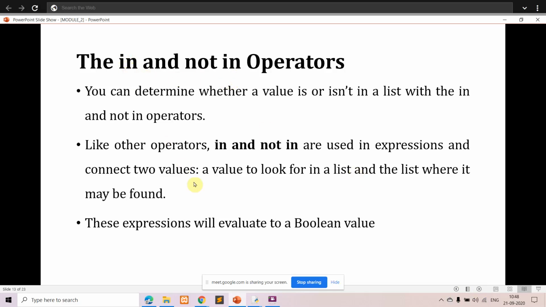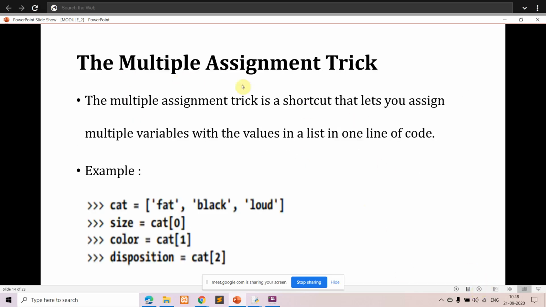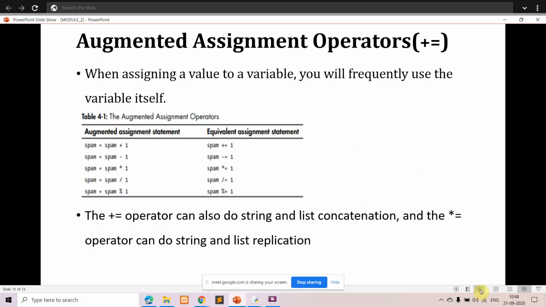So in is nothing but you're checking whether the string you have given is there in the list, and not in means if the string you've given is not there in the list, then it is going to return true, whereas in, if it is there in the list, then it is going to return a true value. Then multiple assignments, where instead of writing multiple variables separately, we can write the entire thing in a single line.